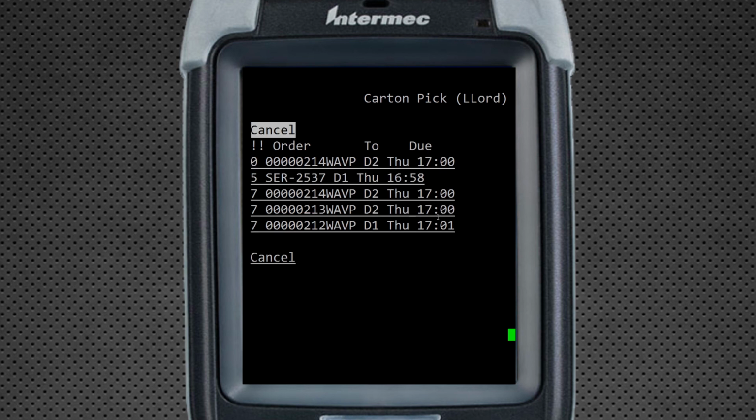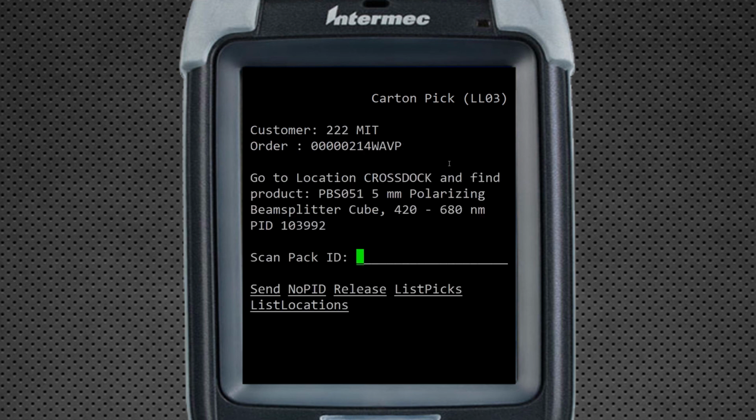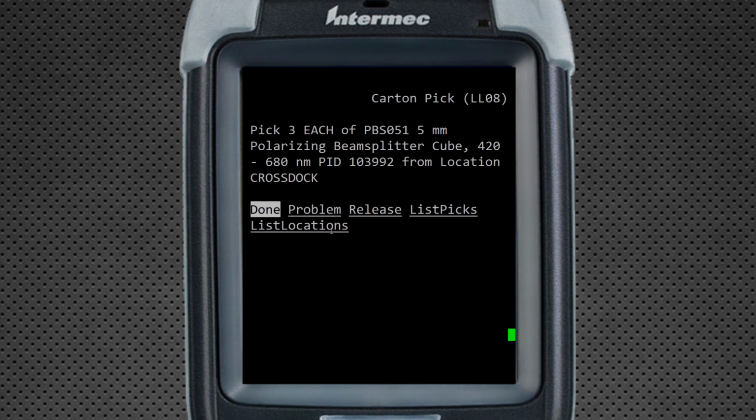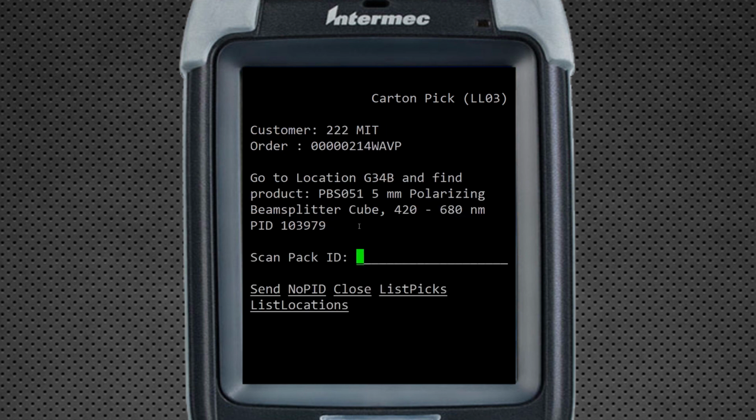I'm then taken back into the list of orders. You can see this has been populated with a brand new order, which is actually the cross-dock that came through before. Again, the direction is to go to the cross-dock location, find the pallet ID 103992 and scan the pallet ID. In this case, I'm picking 3 each, and it now directs me to a further pick. This is G34B, scan pallet ID 103979,